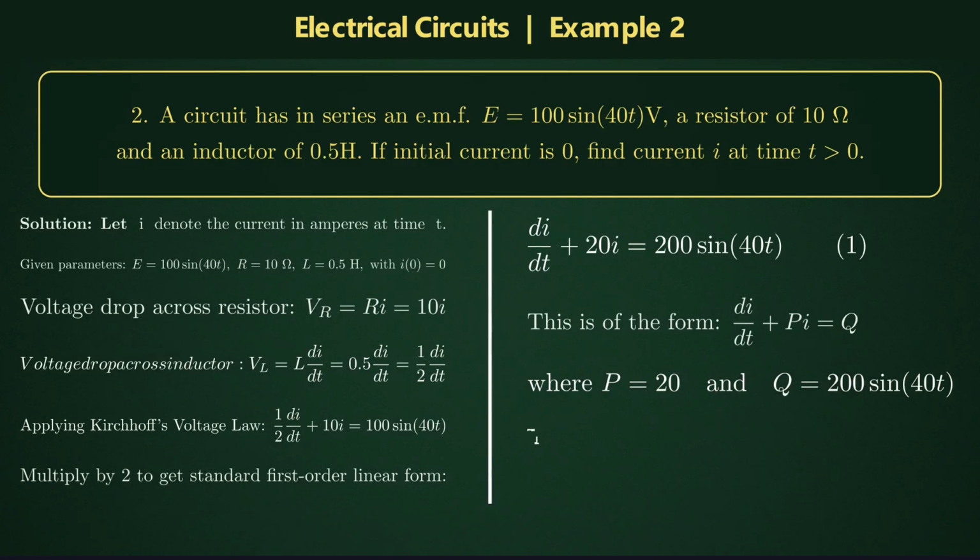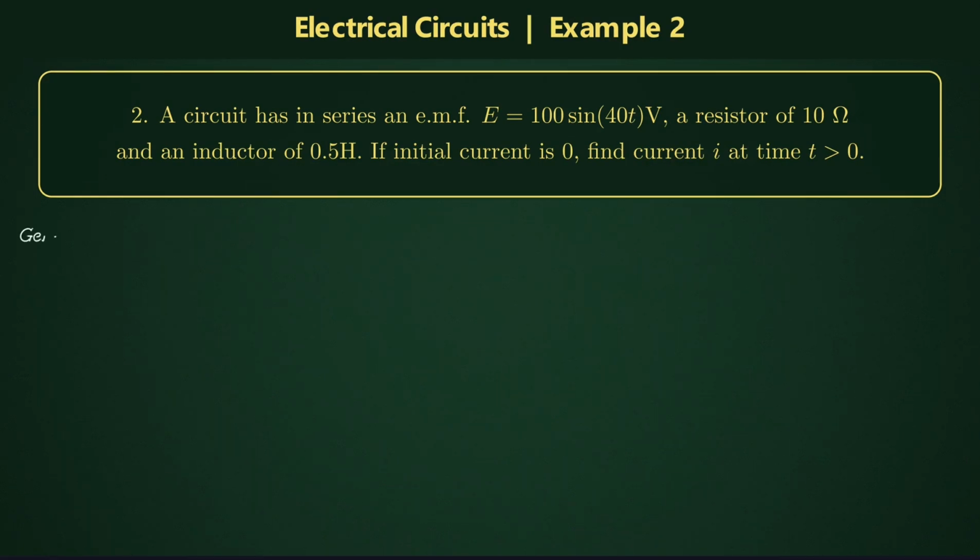We calculate the integrating factor, f equals e raised to the power of the integral of 20 dt, which simplifies to e to the power of 20t. The general solution of a linear equation is, I times the integrating factor equals the integral of q times the integrating factor plus a constant c. Substituting our variables, we get I times e to the power